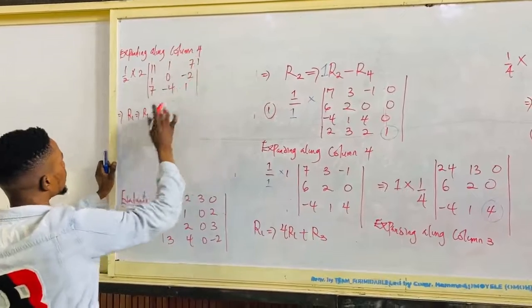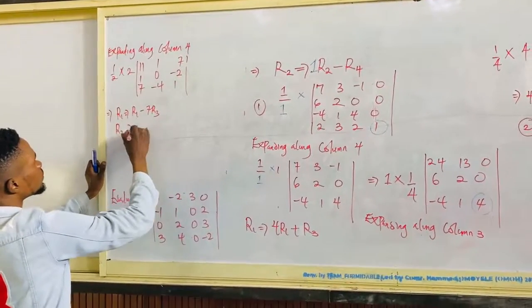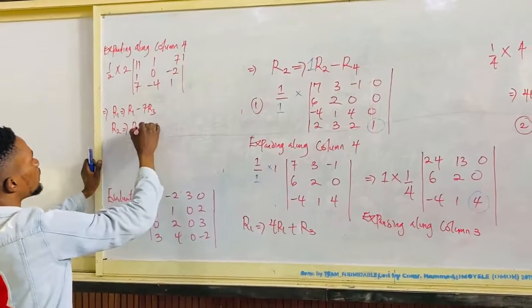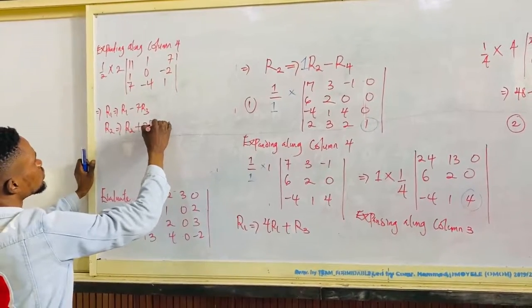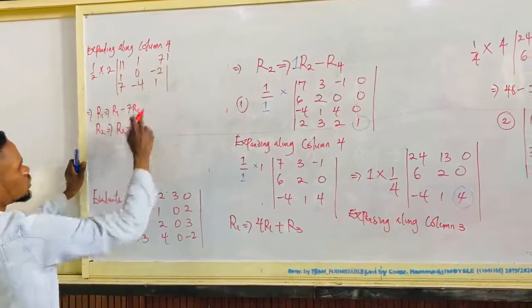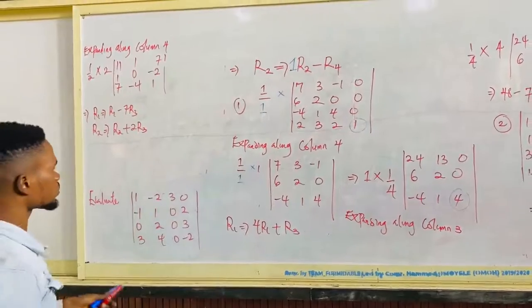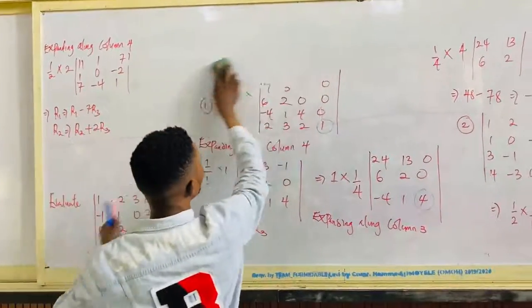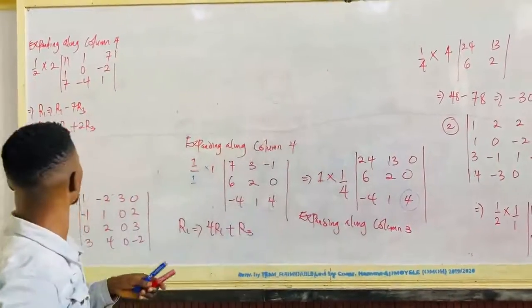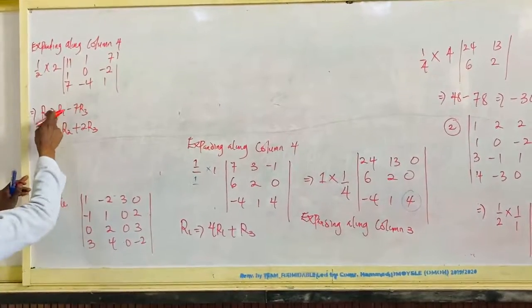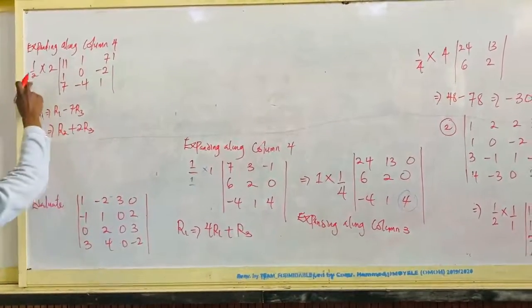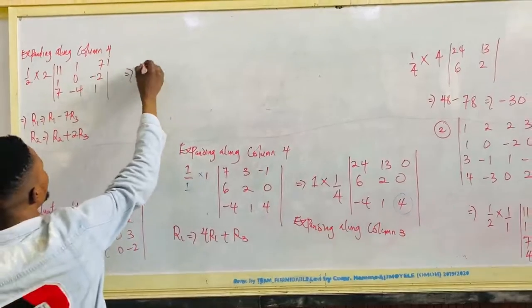7 minus 7 times 1. And my row 2 new can be row 2 plus 2 row 3. Minus 2 times 1 is 0. So that gives the row 1 I want to reduce here. The coefficient is 1. Row 2 coefficient is 1. So 1 over 2 times 2 is 1. So that gives